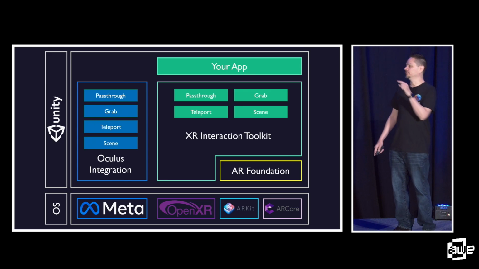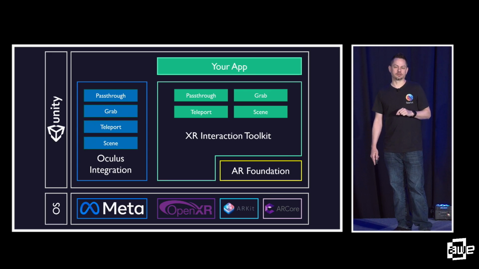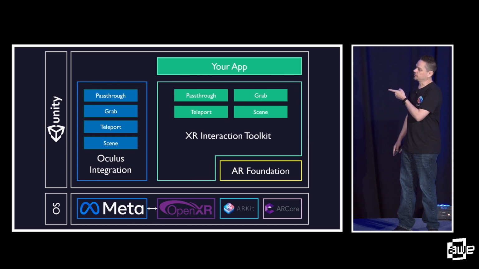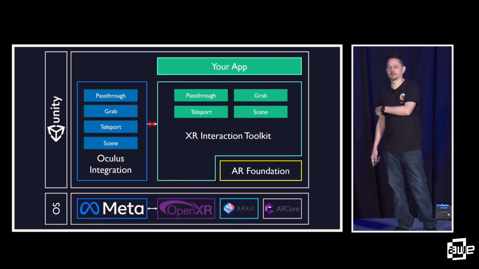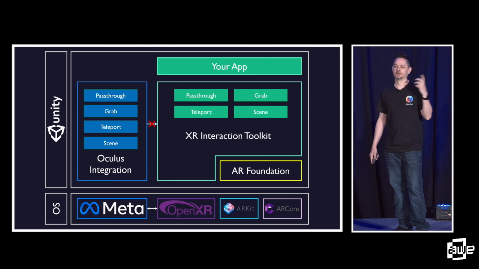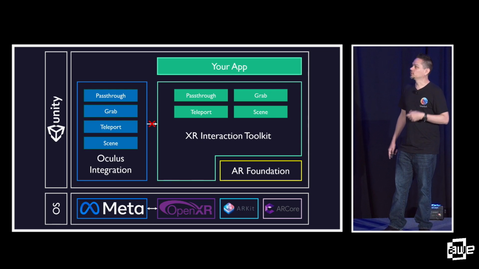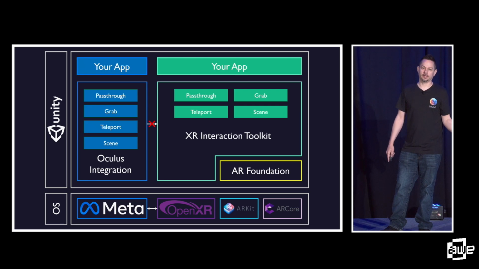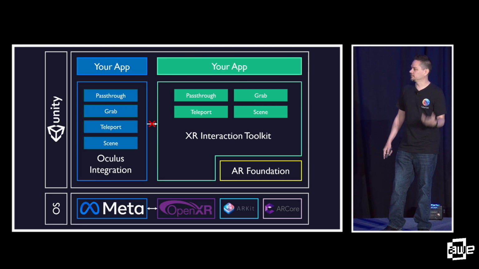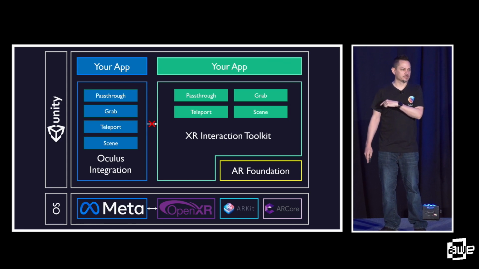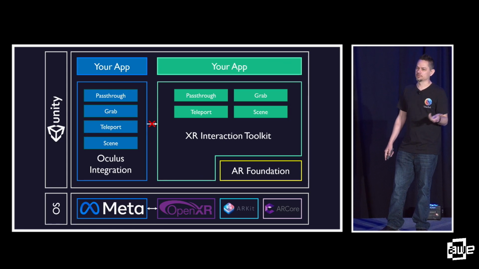And what's interesting is that Meta, at the foundational layer, their drivers are built on OpenXR. So they use OpenXR at the driver level, but their integration SDK, unfortunately, is not compatible with XRI. So Oculus Grab is different than XRI Grab. You can build an app on the Oculus SDK and it will run on Oculus devices, and that's awesome. But you won't necessarily have the reach to the other devices. I'll talk in a minute about why you would still want to do that.